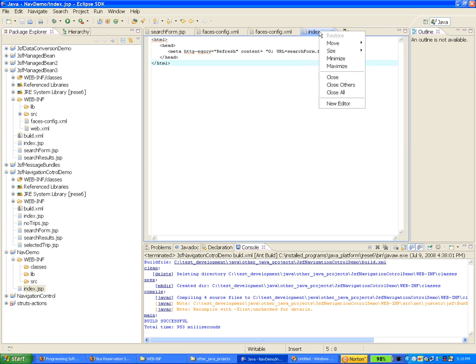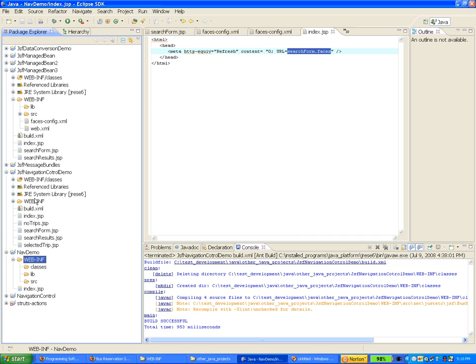So we see that it is redirecting to search form.faces,